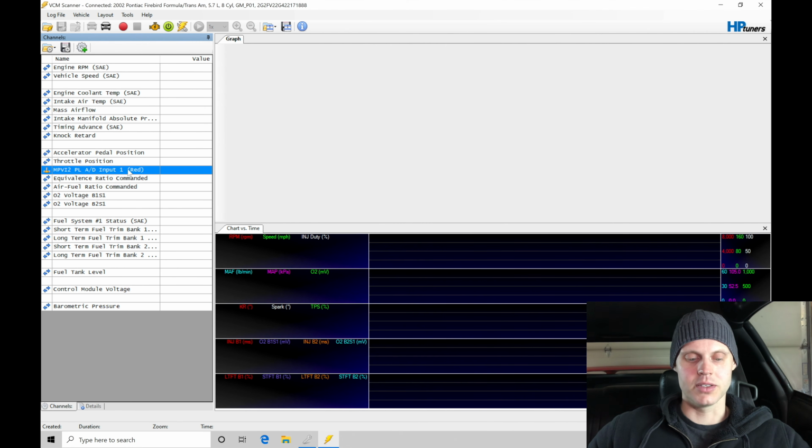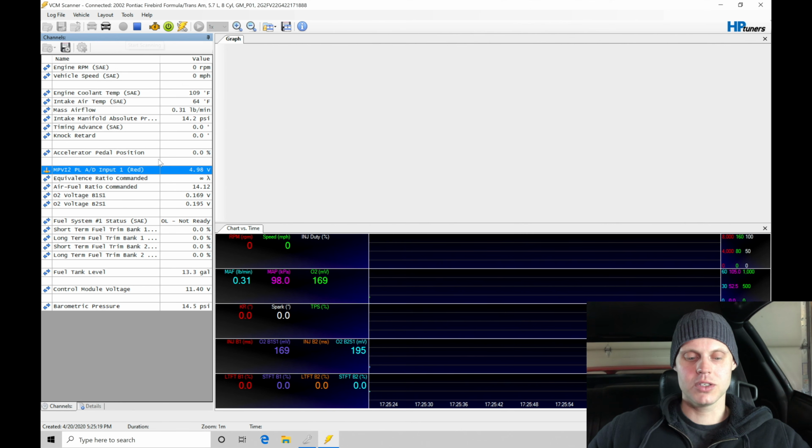Now looking at this, if we go to our scanner here, this is going to be reading voltage. So right now it's just looking at the raw voltage. We need to do a transform, so it transforms the voltage into either air fuel or into a lambda scale. Now, we're going to be working in lambda scale. The air fuel might be more familiar, but because,